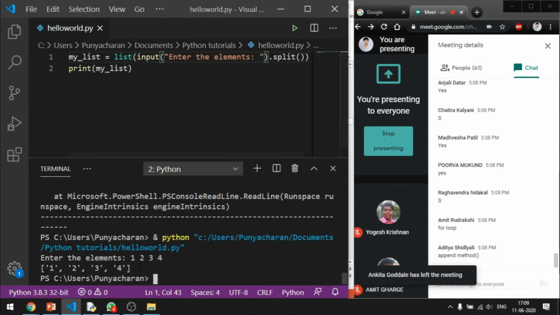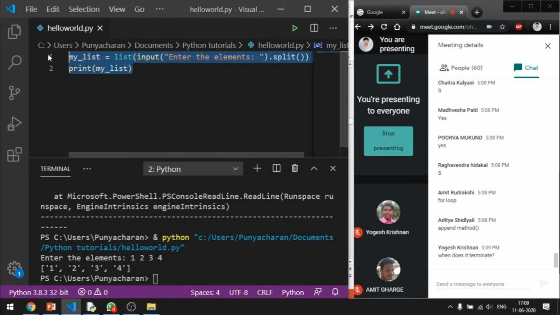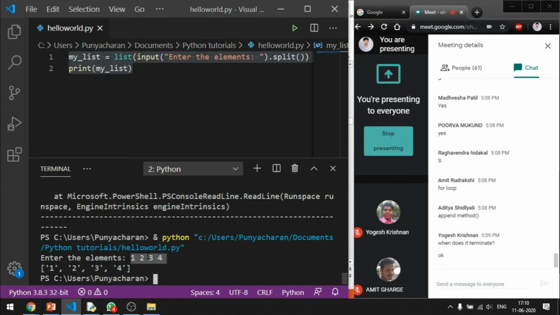Now you have a list of strings, right? Now in this particular snippet, what are we going to get? When does it terminate? When we press enter. We are trying to feed the values using space as the delimiter. So when you press enter, it is going to exit.